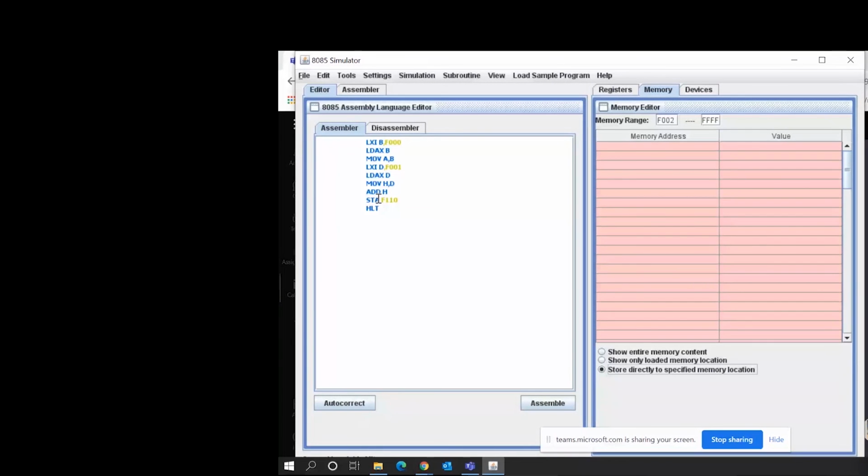Write memory range from F001, last time we will do, Sharath. Here, sir. Yeah, on top. Write, okay, F000. No, top. Yeah, now click assemble.